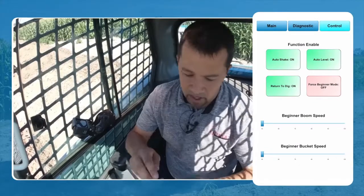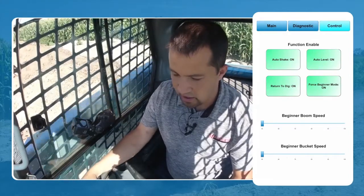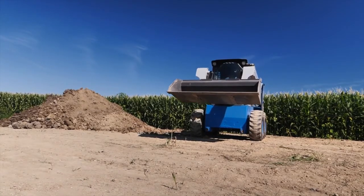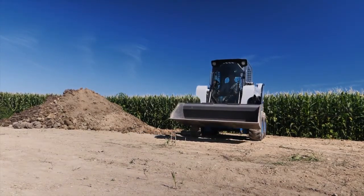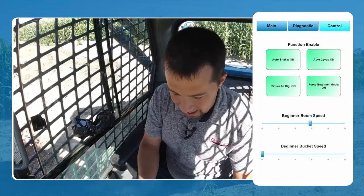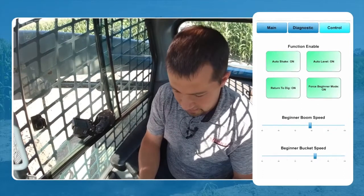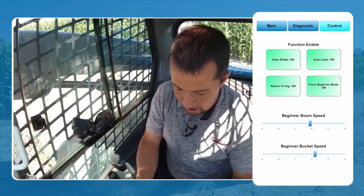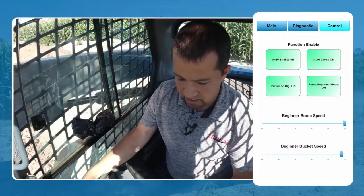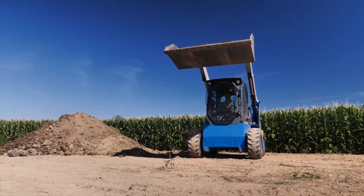So in this case, I'm going to take his app here and I'm going to enable Force Beginner Mode. And then if I look at my boom speed here, you're gonna notice how slow this moves now. So if you were a rental yard, for example, or trying to train a new operator, you can get some ludicrously slow speeds here, right? But that allows me now to dial my boom speed back up if I move up to some a little bit quicker, or cranked up the whole way. To something that feels a lot more normal. So just giving you some cool adjustability for those kind of lockout type scenarios